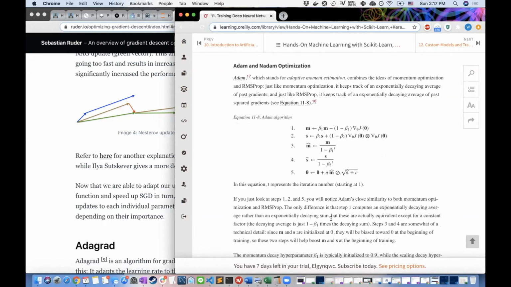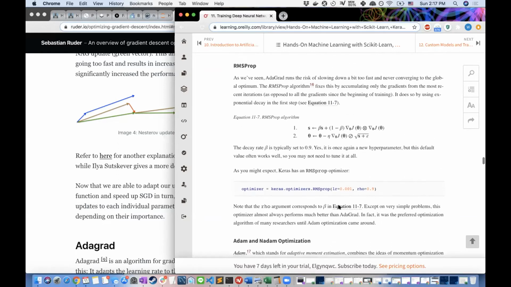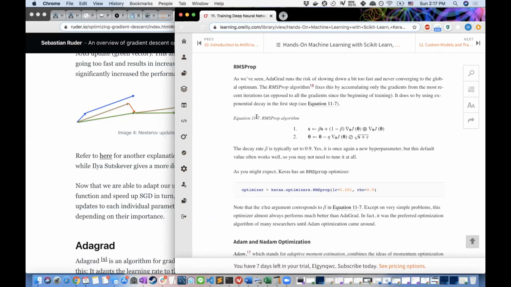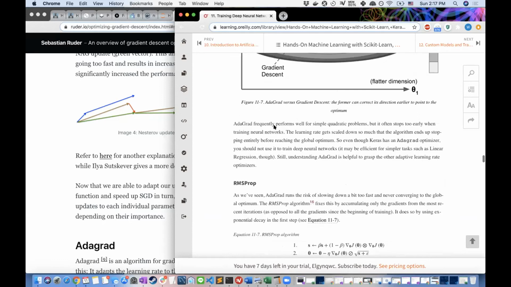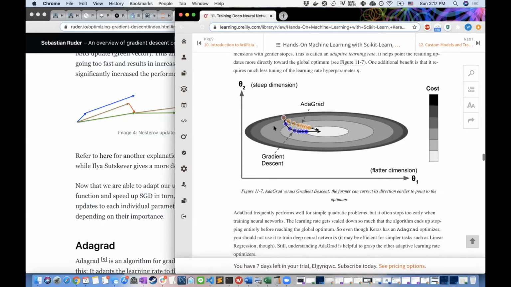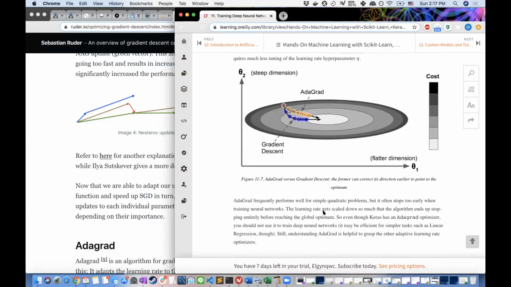Okay, go ahead. Could you go to figure 11.7? Figure 11.7 or equation 11.7? Figure 11.7, yeah. Okay, so my question is, I understand that AdaGrad decays the learning rate